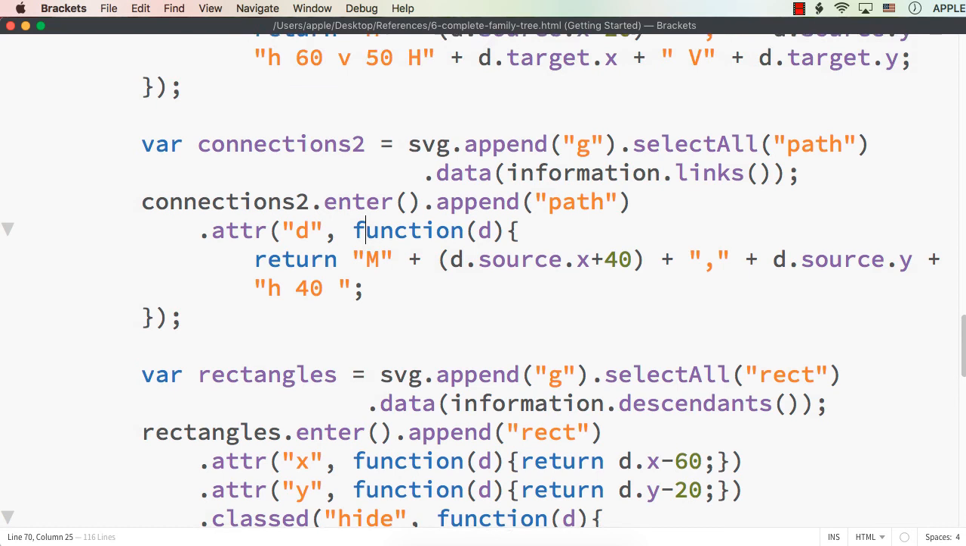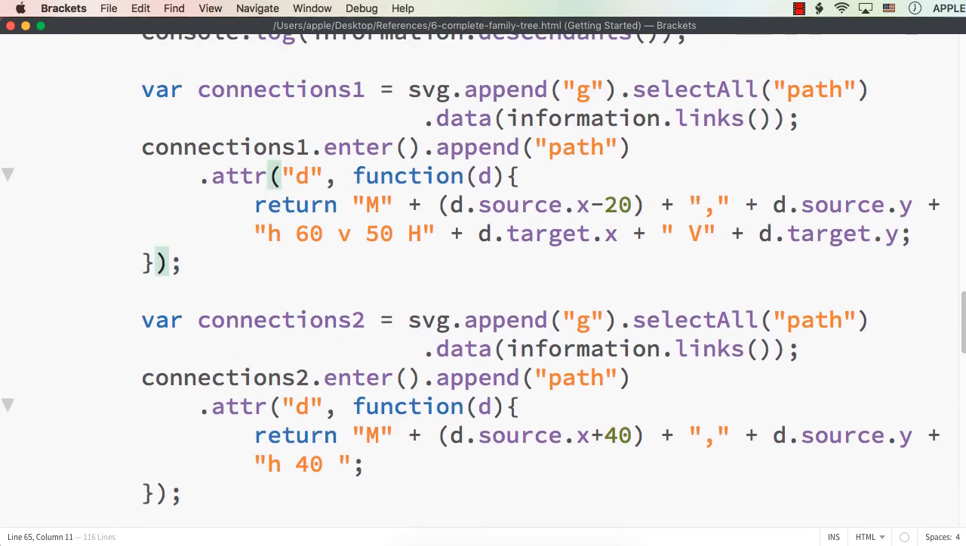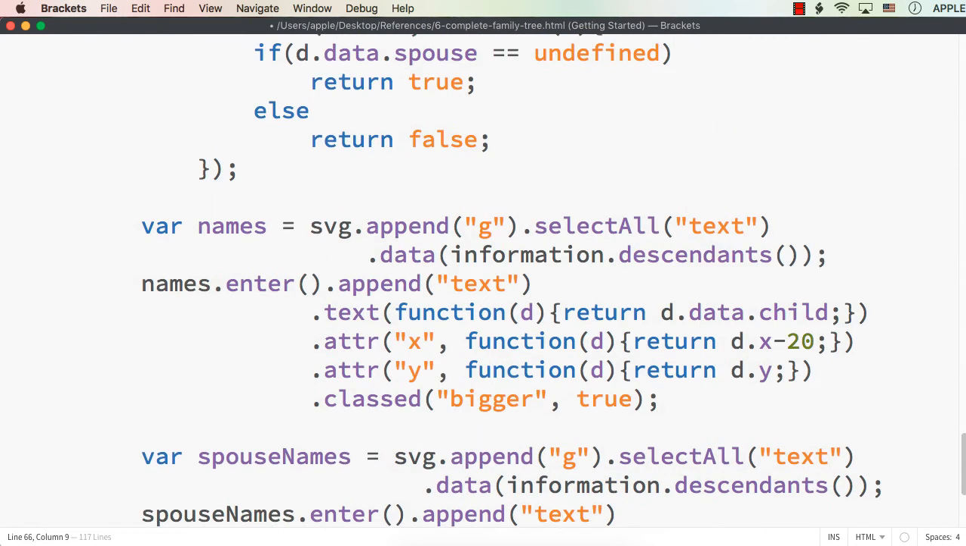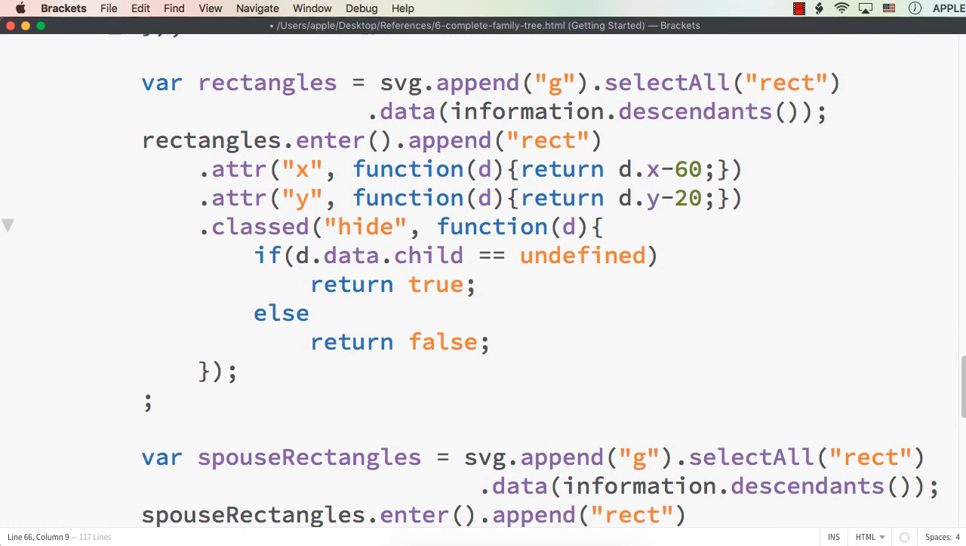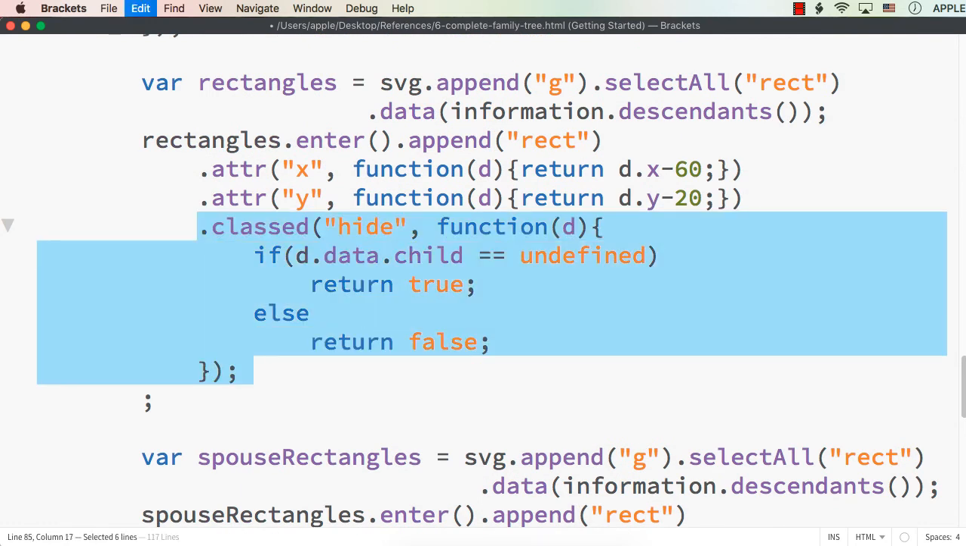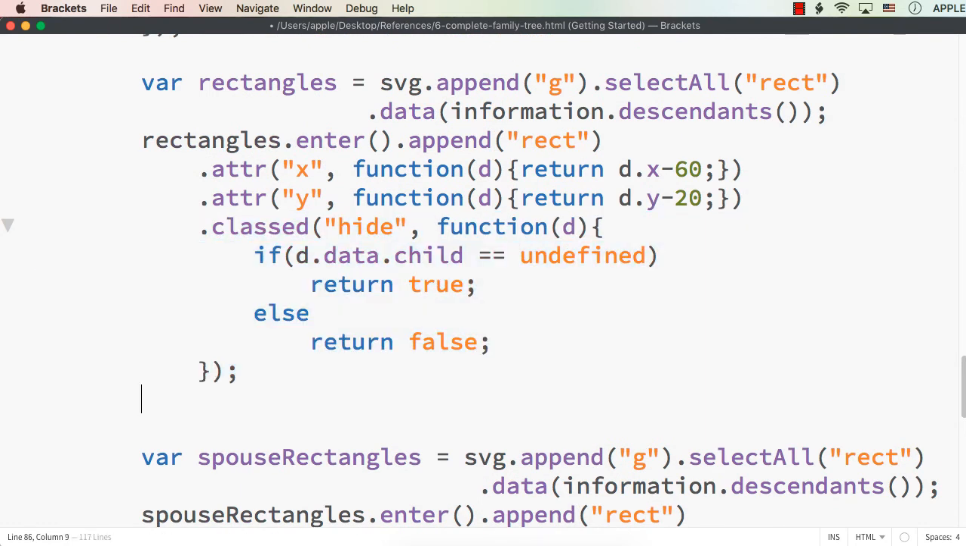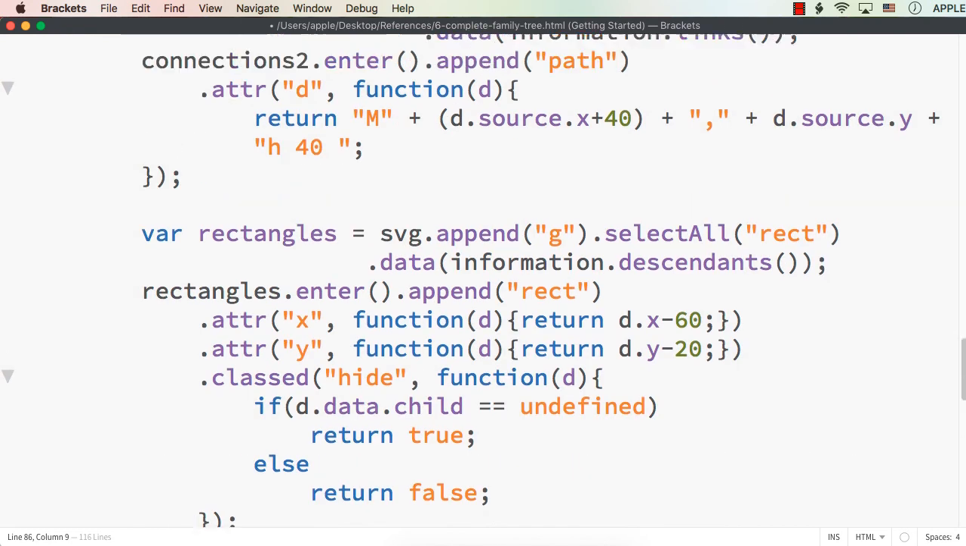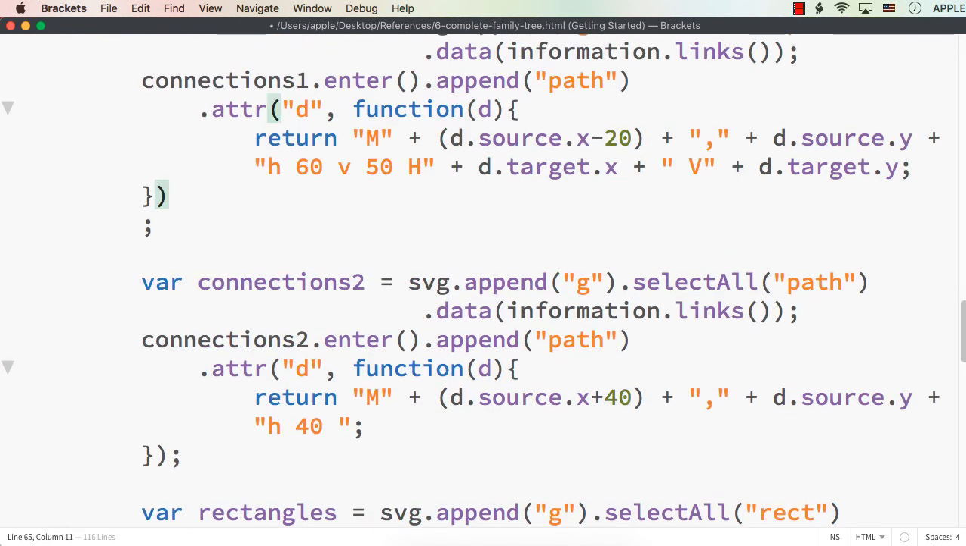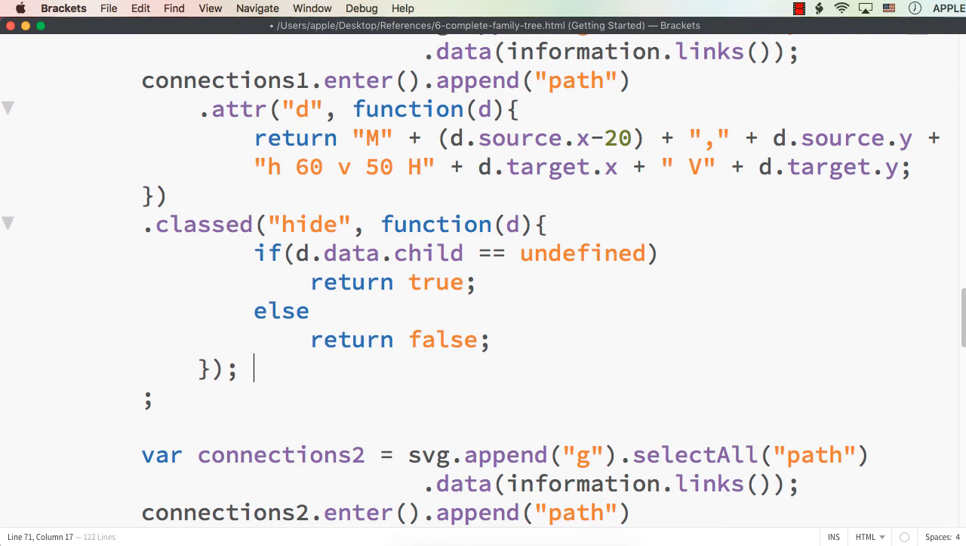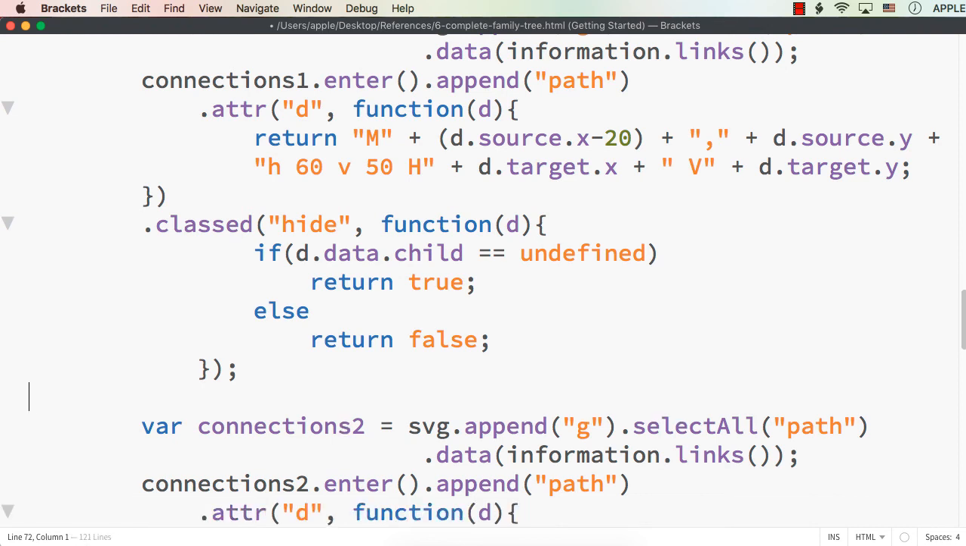So here for connection 1, after this, let me copy this code, that is for rectangles we have added this. So let me copy this. Here there is an extra semicolon, let me remove that. And here for connection 1, after this let me paste the code, again remove this. But here we will not get the value of child by just specifying d.data.child, because here we are having the values inside source and target. So here we need to specify